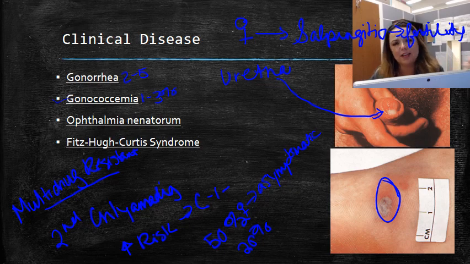It is a significant cause of purulent arthritis in sexually active adults, depending on your pool. Okay, ophthalmia neonatorum. This is a fancy way of saying Neisseria gonorrhoeae in the eye. This is infection of the conjunctiva in neonates, and it's acquired as the baby passes through the birth canal. It causes a purulent conjunctivitis with really profuse exudate and swelling of the eyelids, and without treatment, it can lead